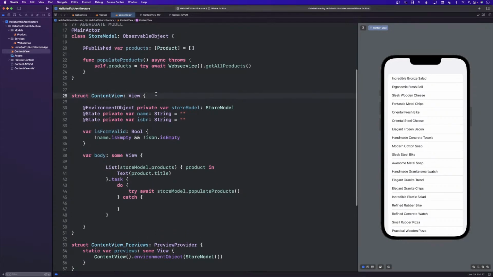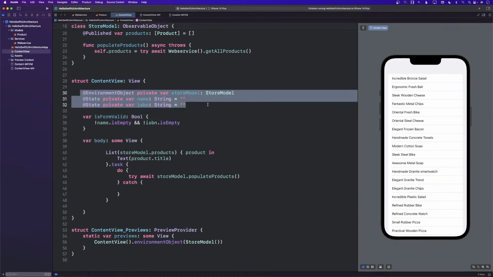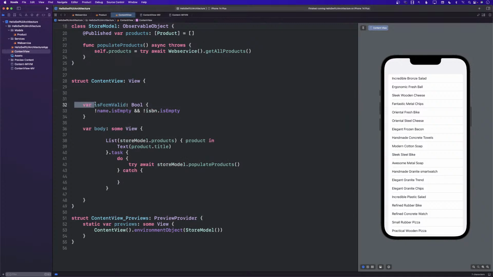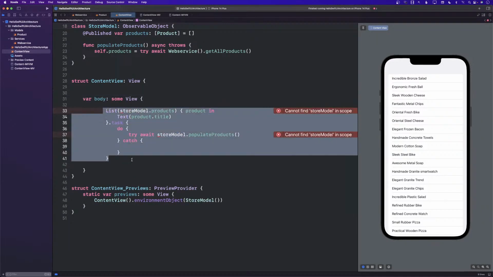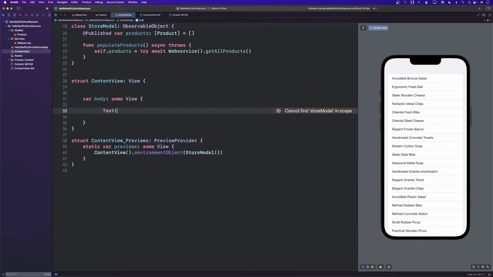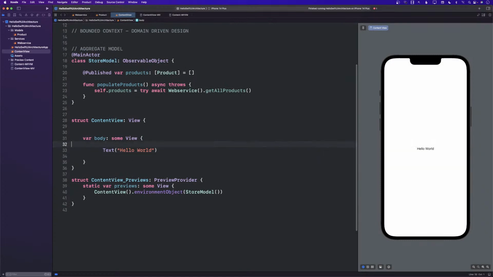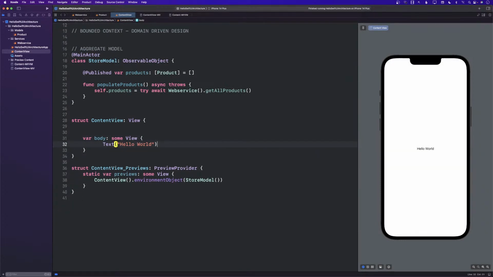Okay, let's see. Let's take a look at a different way we can do it. I'm going to remove some of the code and probably remove all of it. Let's go back to the basics. Hello world. Another way to do the same thing, and it really depends.